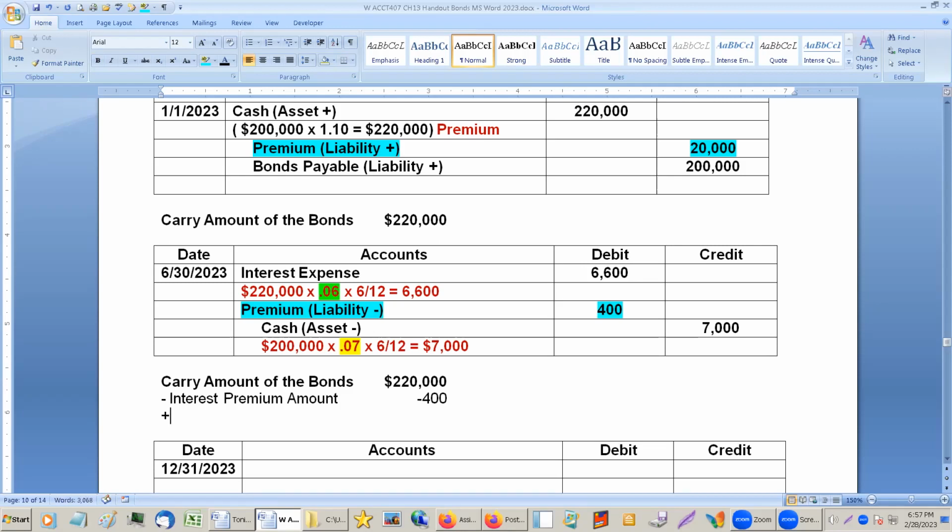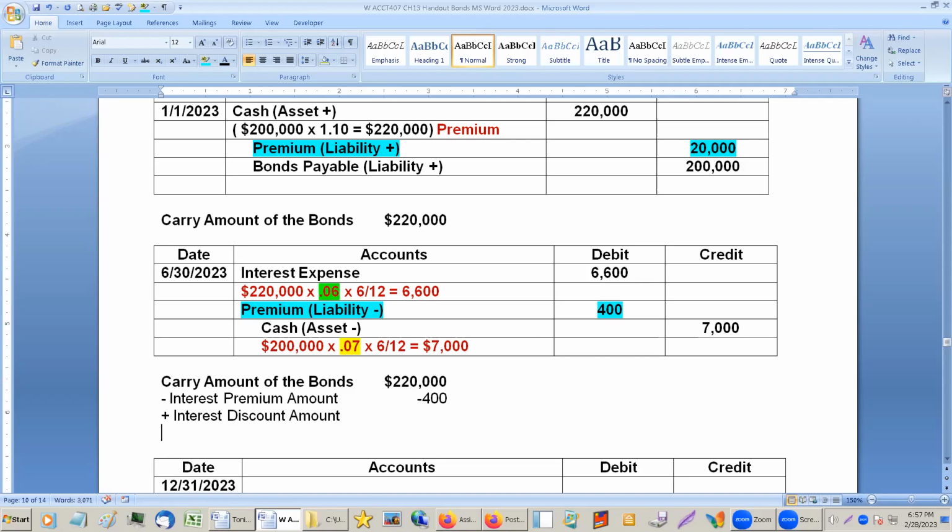It would be plus for a discount. Now you're going to have one or the other. So if it's a discount, you add it. If it's a premium, you subtract it. Now there isn't going to be a discount here because this isn't a discount, it's the premium. And so the new carry amount